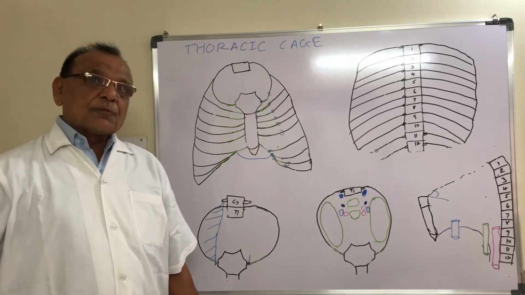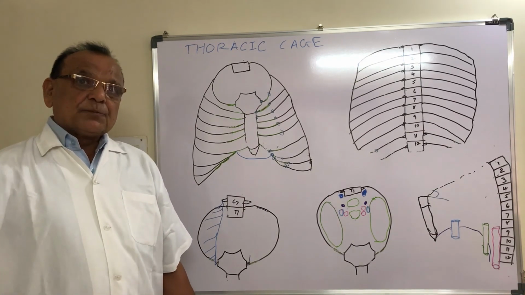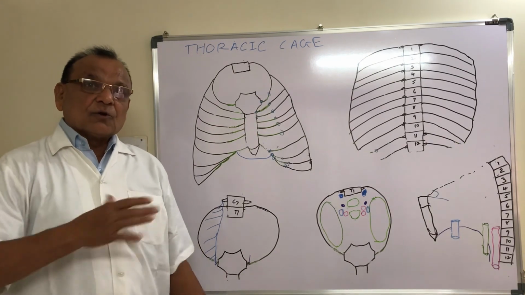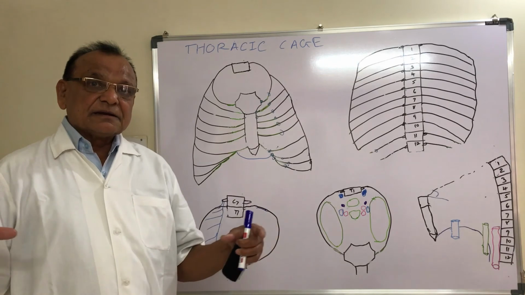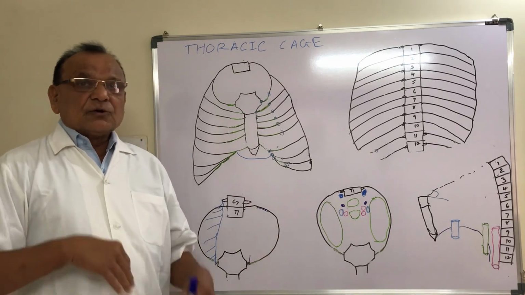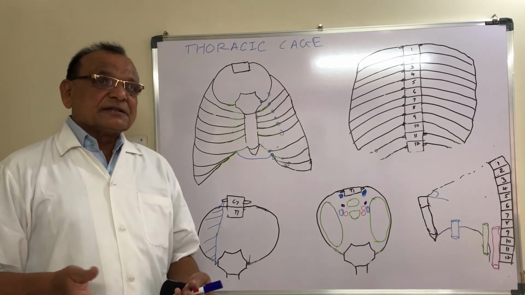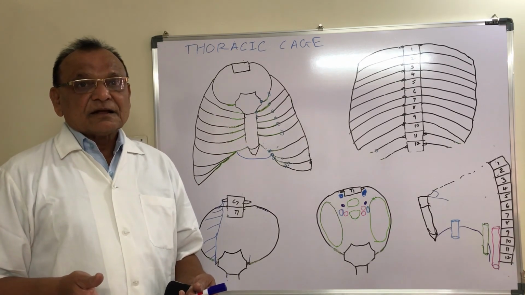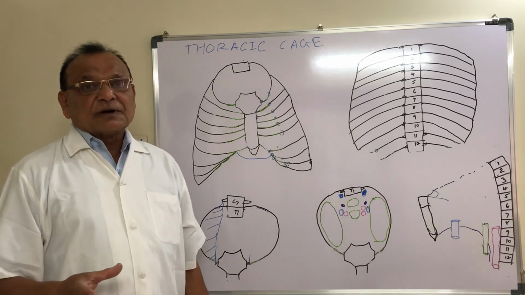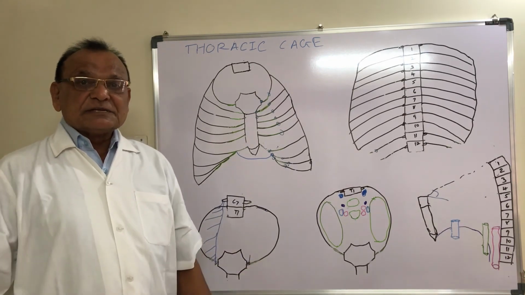But the outer pressure pushes the separated end of the rib inside. All the ribs go outside, and the cut end of the rib goes inside. During expiration, when the pressure in the thoracic cage is increased, all the ribs go inward, and the cut portion of the rib goes outward. So this reverse movement